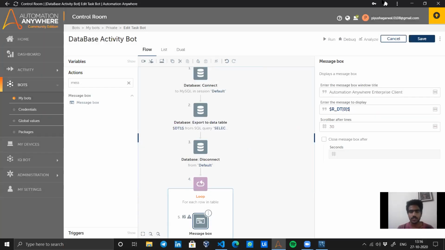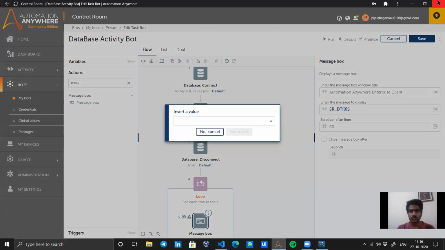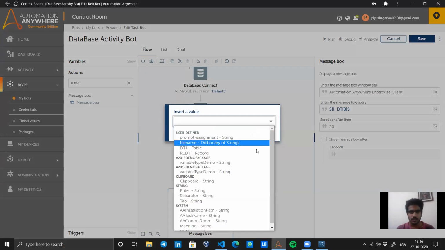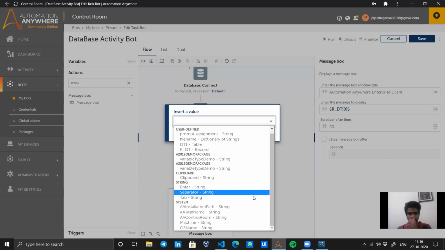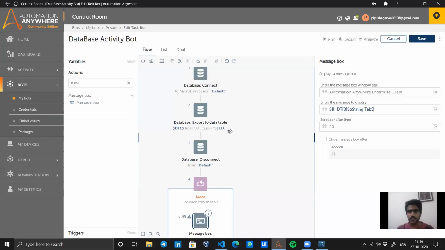We have got 3 columns, so I will just put this, and we have got multiple system variables as well, like a tab for string. I can use this and just copy this one, this over here, change the index to 1, and again this tab one I will copy, and once more this one.